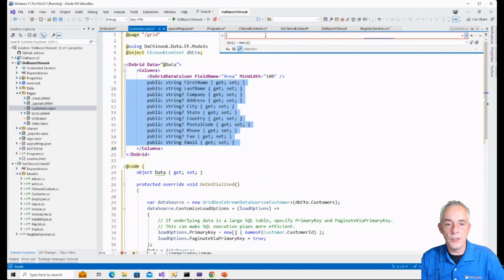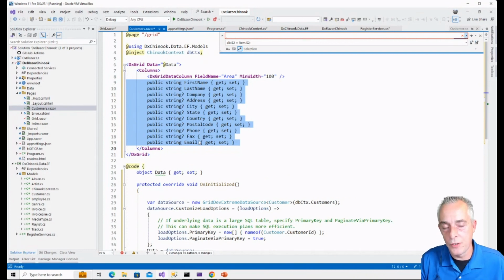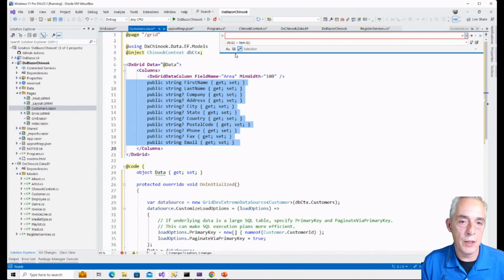I want to replace that public string and that get set. This whole stuff should be replaced, and should become something like DX grid data column. Field name is first name, and the caption maybe as well. But I want to do it in one go. So I can do that with search and replace by using regular expressions, which is a very cool trick in